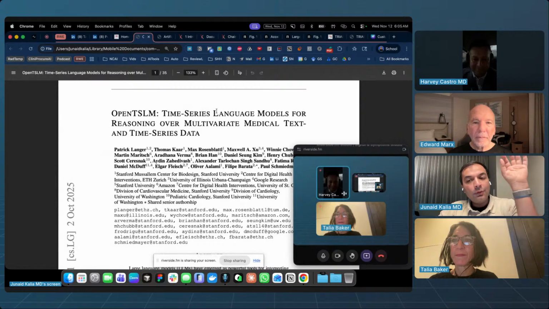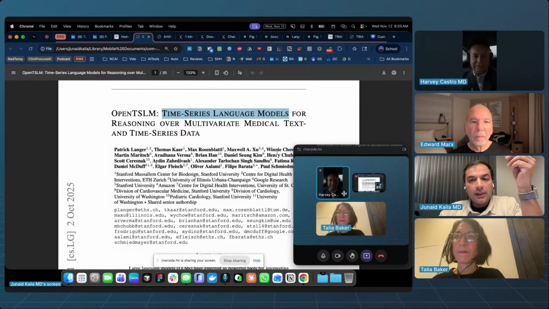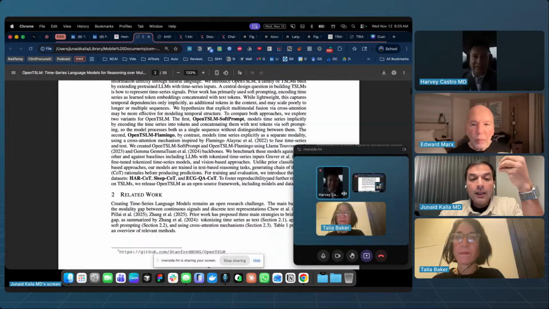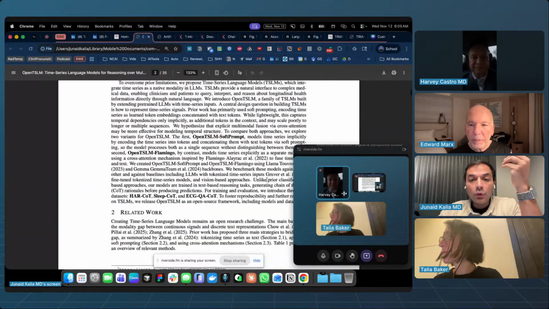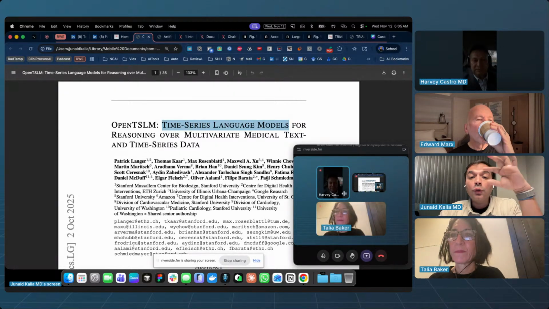Again, I'm not going to do my regular sort of updates because we're going to do only discussion that is going to be relevant to this topic today. One of the important things to understand is called OpenTSLM, which is time series language models. Now, the problem with language models is that they are really great at generating data, but when you have to actually go through that fourth dimension, which is time, the large language models used to suck.